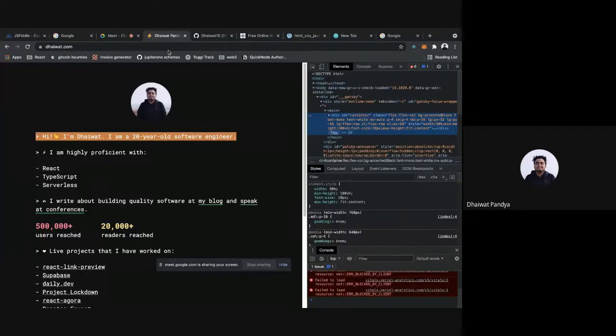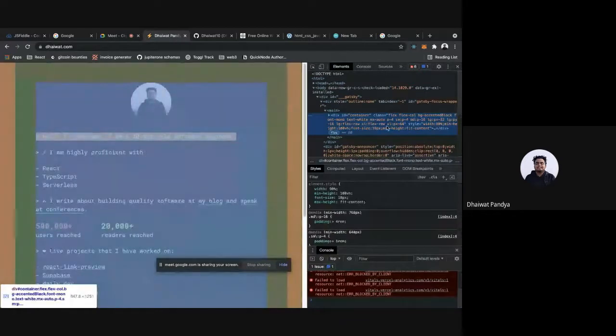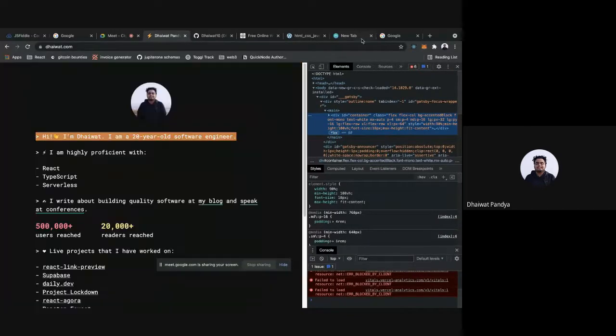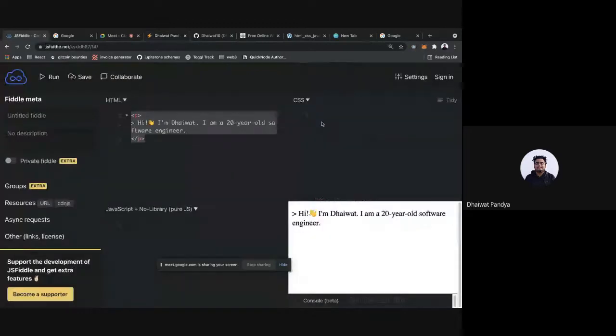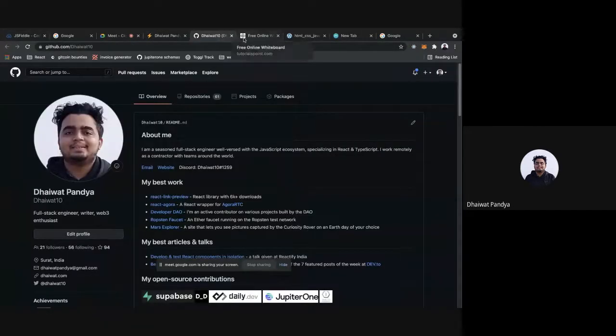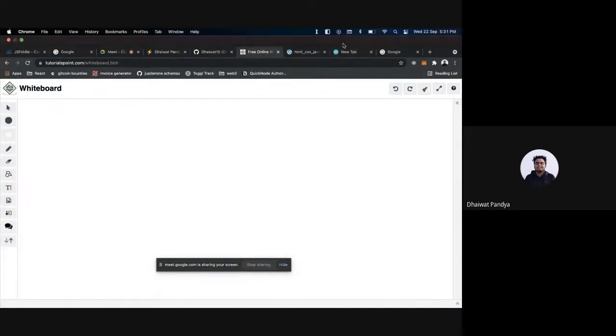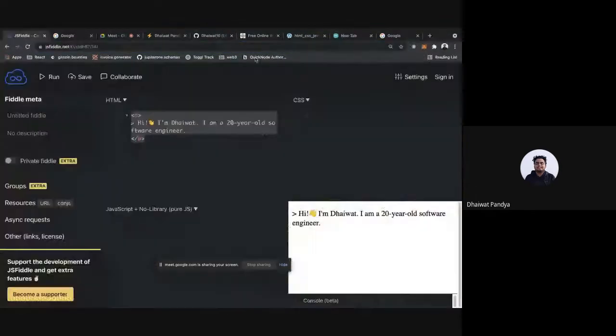Okay, think of this like a compilation. When you write code in C, you have to compile it before you can run it, right? This is exactly the same thing. Everything that you see on the web, every website out there, be it GitHub, this, anything that you see eventually gets compiled to HTML, CSS, and JavaScript.